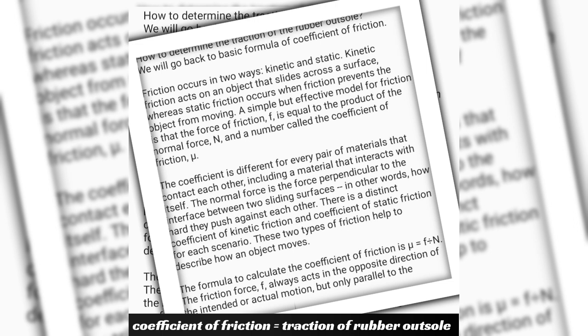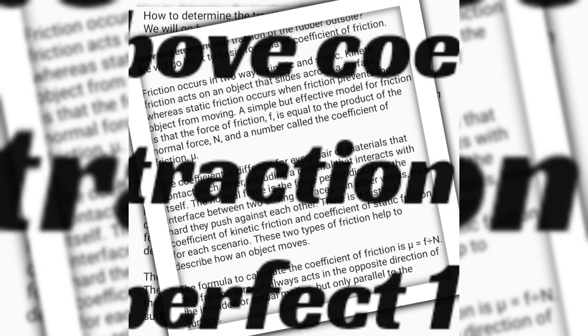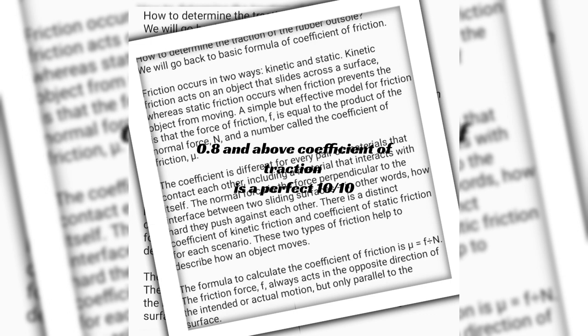These two types of friction help to describe how an object moves. The formula to calculate the coefficient of friction is mu equals F divided by N. The friction force, F, always acts in the opposite direction of the intended or actual motion, but only parallel to the surface. In colloquial terms, I will show you the values of rubber outsole traction or grip in terms of